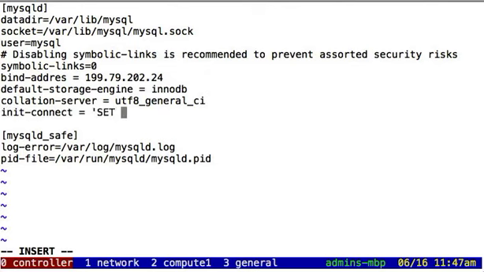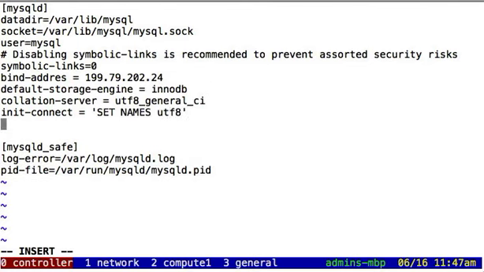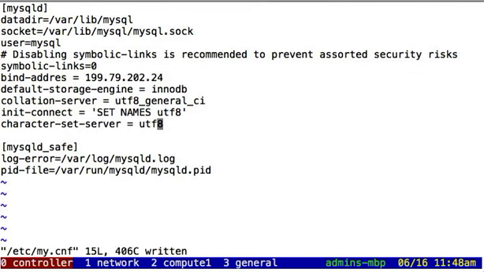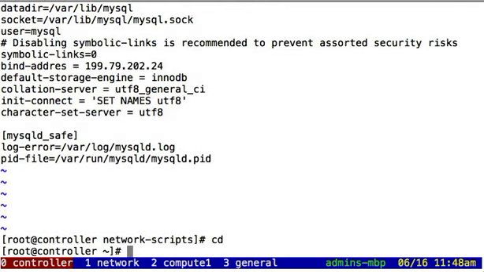So this appears to be some MySQL code that's probably run each time you connect to the database. So character set is UTF-8, and that is the universal encoding format. So the next thing we want to do is start the MySQL database. Again, we're on the controller. Interestingly enough, we're still in the network scripts directory, which is not important, but let's go back to the root directory, just for simplicity. And we type service mysqld start,